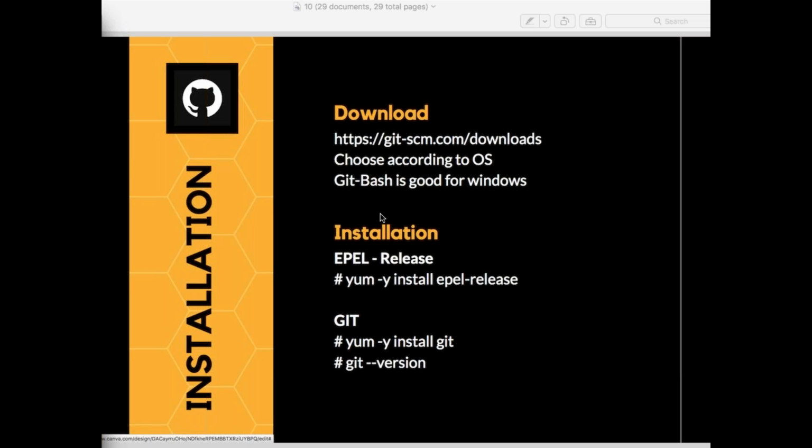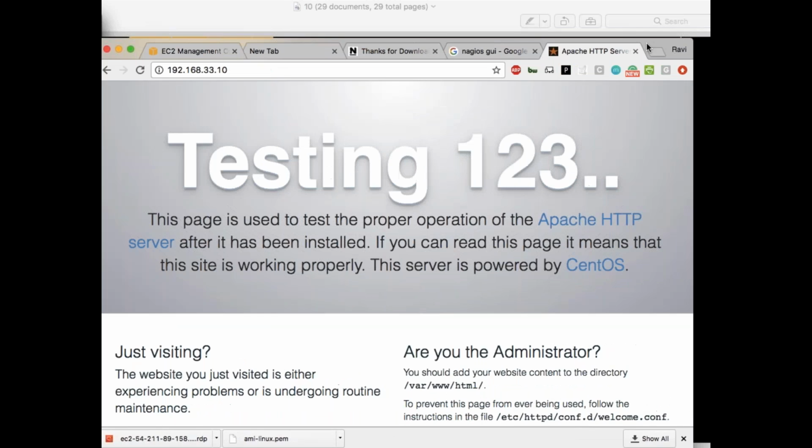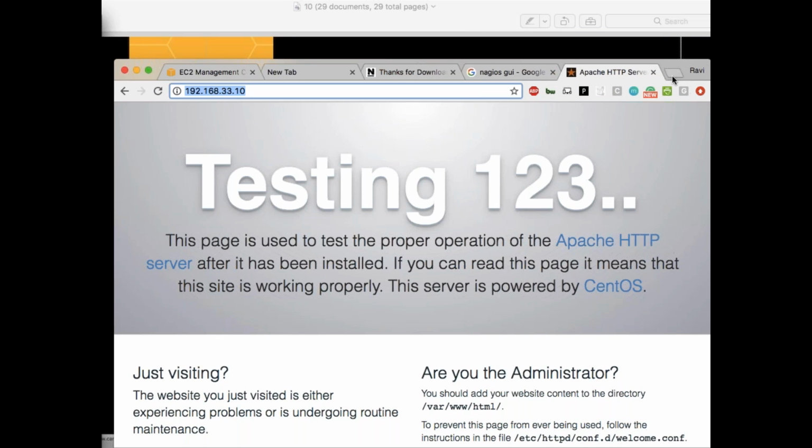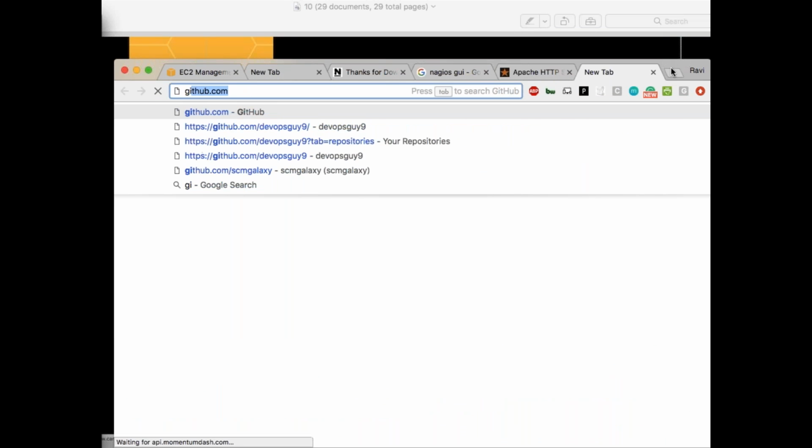Whenever you want to set up Git on Windows-based machines, all you need to do is go to this particular site, git-scm.com. I'll come here and simply say git.